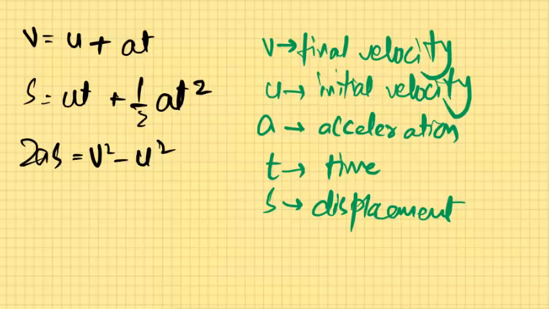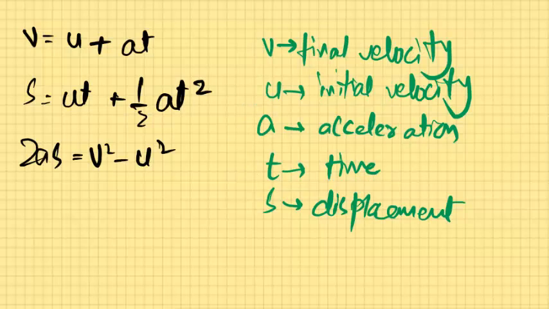Now on your screen you have been given three equations of motion, that is v equal u plus at, s equal ut plus half at square, and 2as equal v square minus u square. These are the famous equations of motion. They are all true equations, and in these equations there are a total of 5 variables. We have v, u, a, t and s, where v is the final velocity,